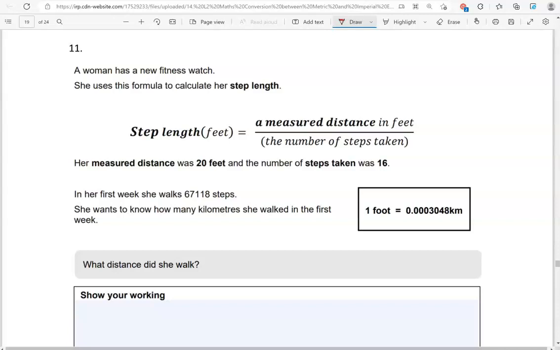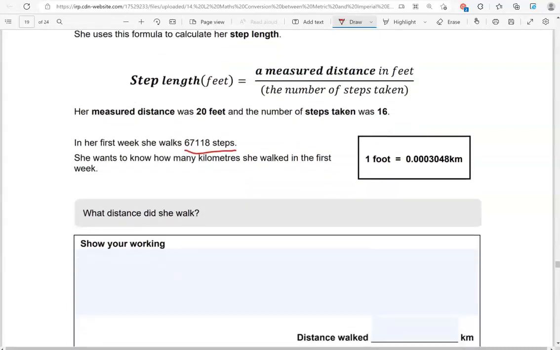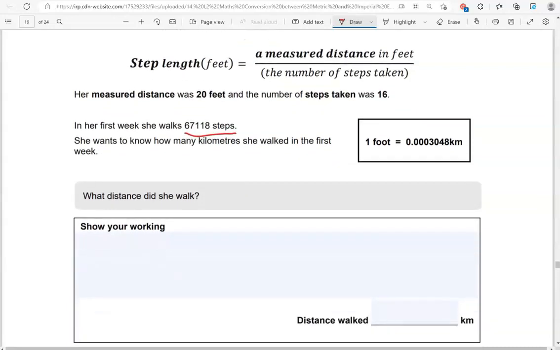In her first week, she walks 67,118 steps. She wants to know how many kilometers she walked in the first week. 1 foot is equal to 0.000348 kilometers. What distance did she walk? Show your working. So we'll first work out the step length in feet by dividing the measured distance in feet